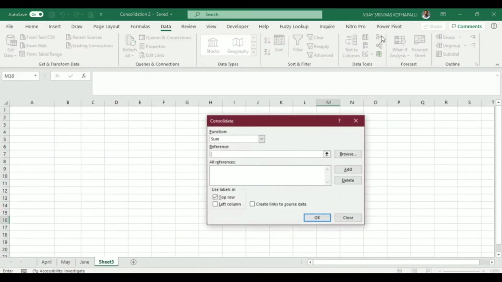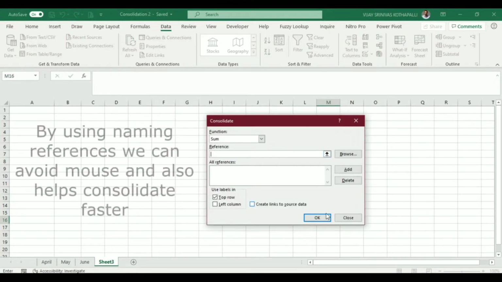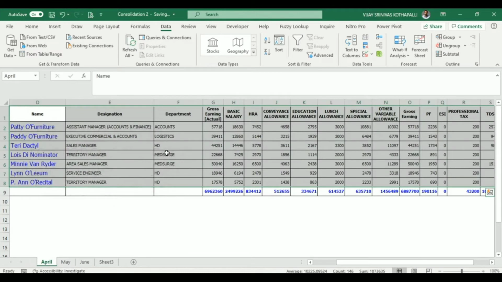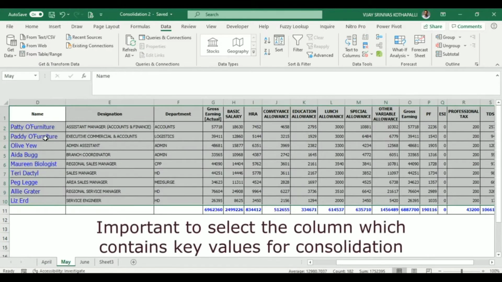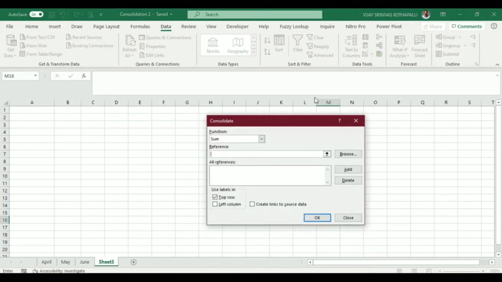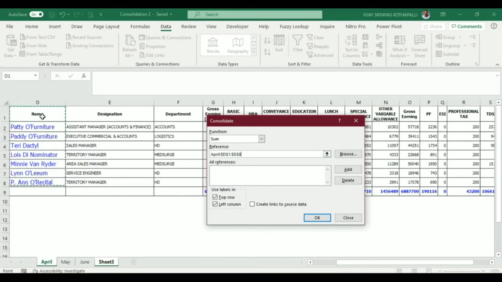So to start with, I'll say Consolidate. Now before that, I have named these particular references by selecting the name, because we are going to use the reference in Consolidate instead of using the mouse, which you can do alternatively. The importance is, consider the leftmost column what you are looking for, or alternatively you can use even mouse. So I'll say Consolidate. I have enabled the top row leftmost. As I said, instead of reference, using the mouse by selecting the respective area, something like this.